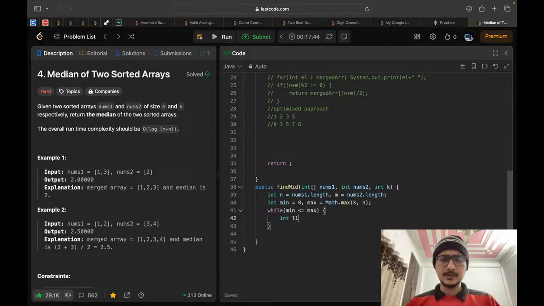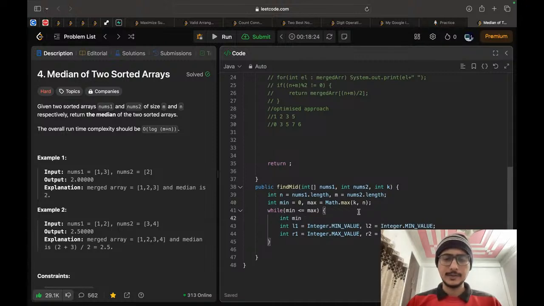We will define our L1 value as the minimum value, then also our L2 value as this value. Similarly, our R1 value as integer max value, and R2 as the same. So our mid will be